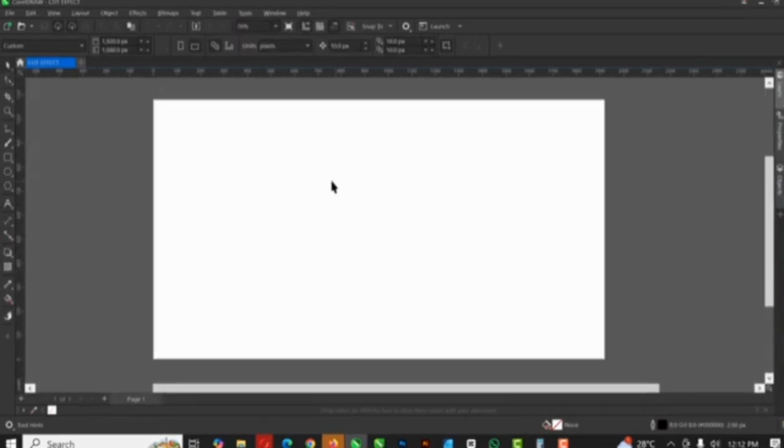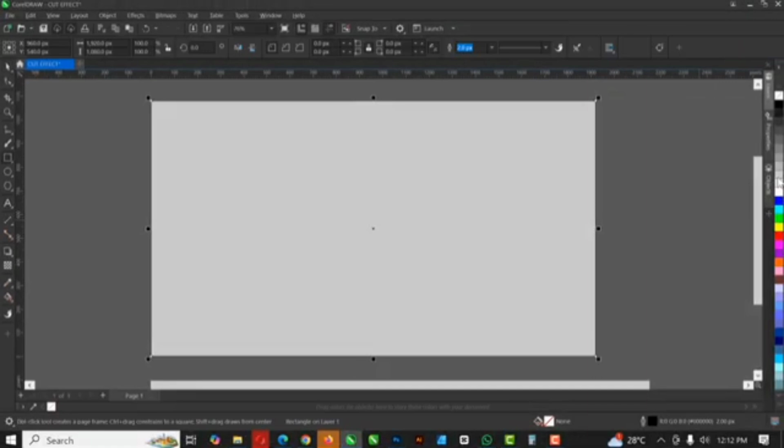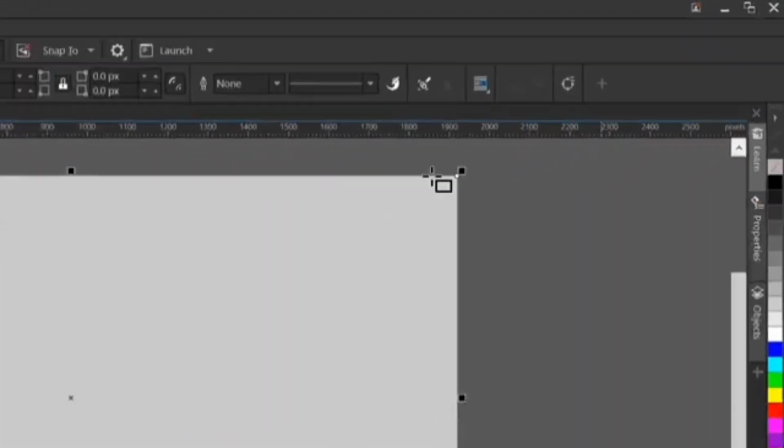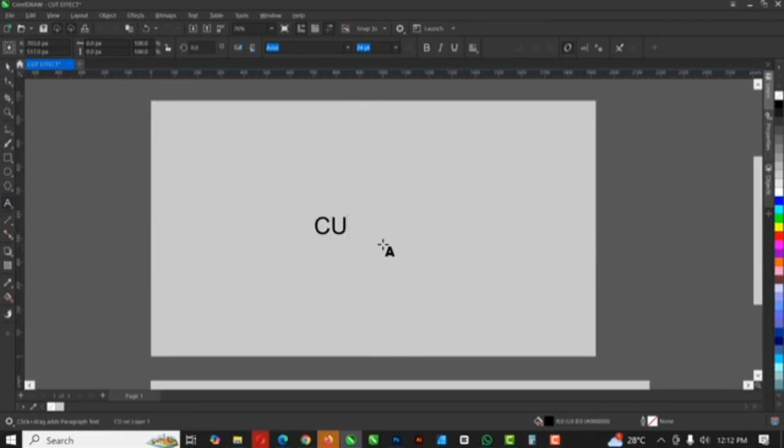Okay, so having done that, the next thing you want to do is go over to this rectangle, double click on it to create a replica shape of it, and right click here to remove the outline like we've done in previous videos. Go over to your text tool, and of course I would like to type something out. So what I will just type is very simple. It's just going to be cut,